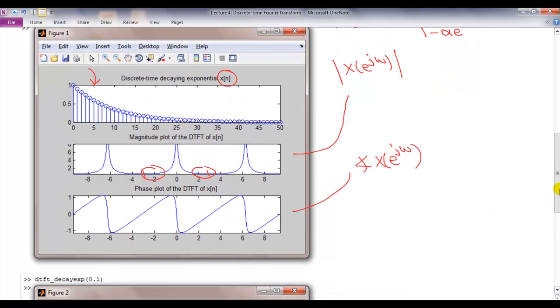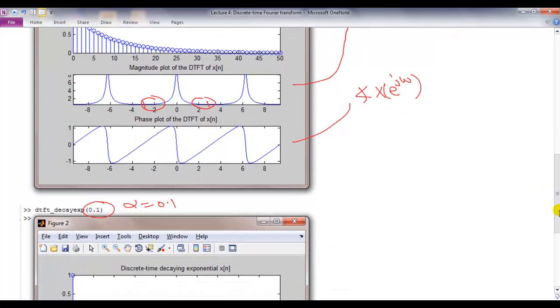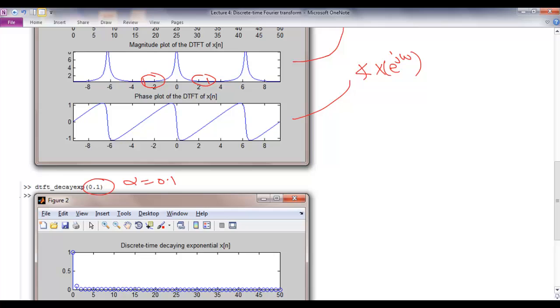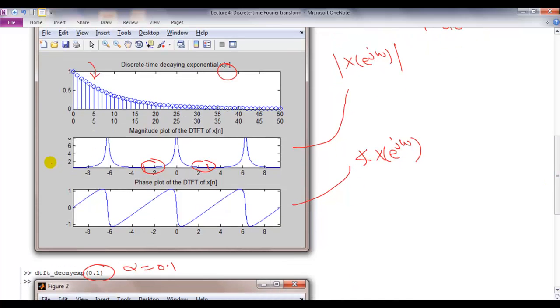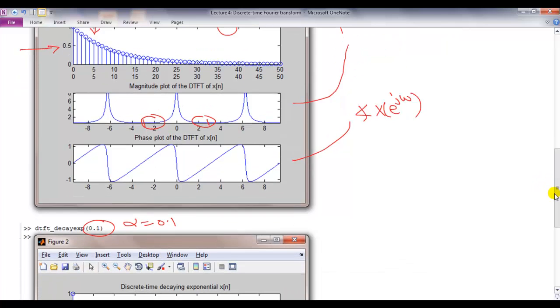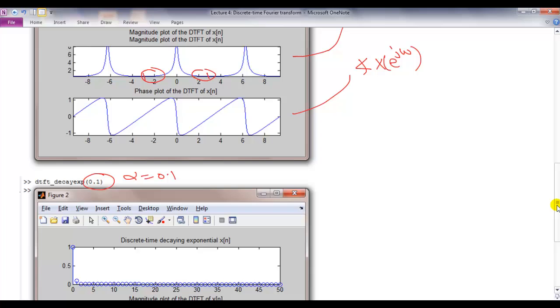Let's change our alpha from 0.9 to 0.1. Okay? And if you compare, this is what it looks like. Because it's 0.1, it's rapidly going to 0. It's never approaching exactly 0; you can zoom in and see some value. But if you compare alpha equal to 0.9, which is this thing, to alpha equal to 0.1, which is this thing, it's clear that the second signal is going to 0 much faster. So we expect that that signal should have more high frequencies present in it.